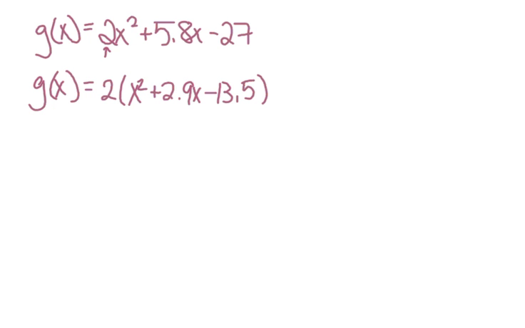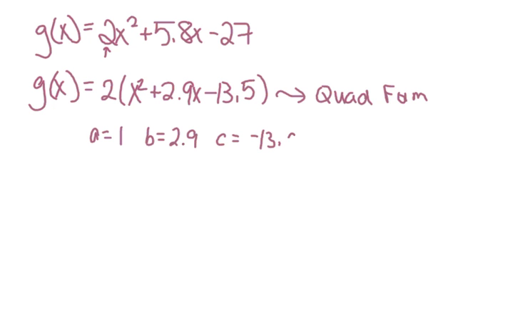Okay? From there, we need to factor that. But the problem is you've got all these yucky decimals, so you can't factor it. So from here, you need to go to the wonderful quadratic formula. When we do the quadratic formula, we're only dealing with what's inside the parentheses. So our a value would be 1, our b value would be 2.9, and our c value would be negative 13.5. So I'm going to plug that into the quadratic formula real quick, which gives me the opposite of b, plus or minus the square root of b squared minus 4ac,